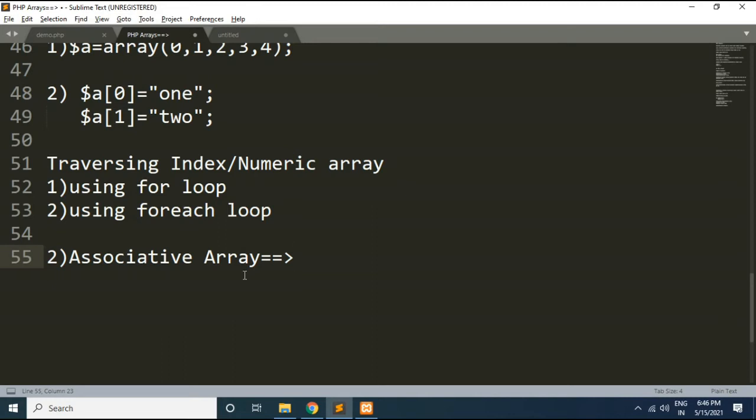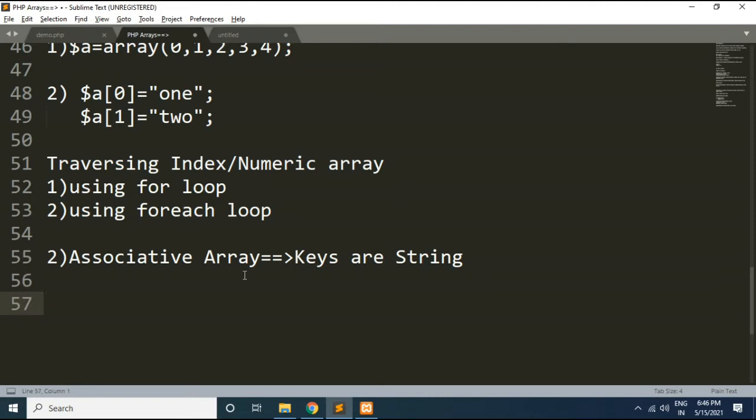In index or numeric arrays, we learned that there are numeric keys. Now in an associative array, the keys are strings, and you can create your own custom keys as per your requirement.